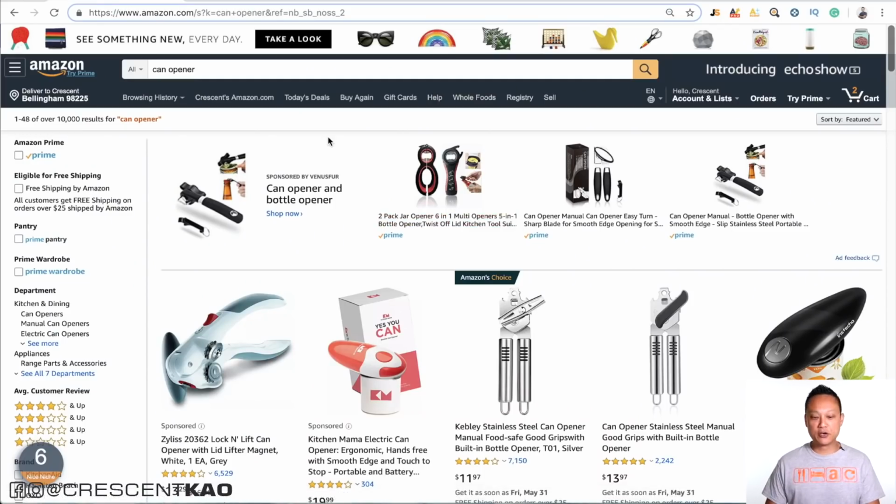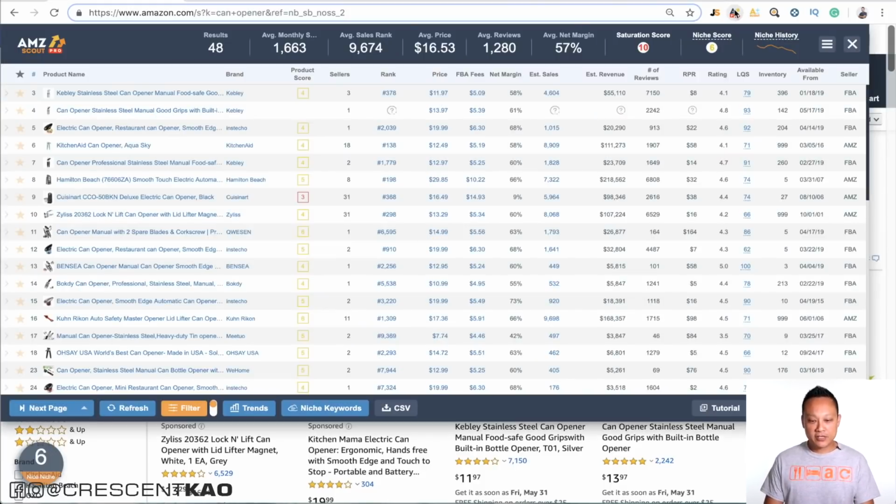So if we take a look at this can opener niche and we pull up the AMZ Scout Chrome extension, you can see here that there's a column that says estimated sales. And this is the estimated sales velocity per listing per month. And you can see here that this one's doing 4,600, 1,000, 8,900, etc. And up here, it also gives you the average monthly sales, which is